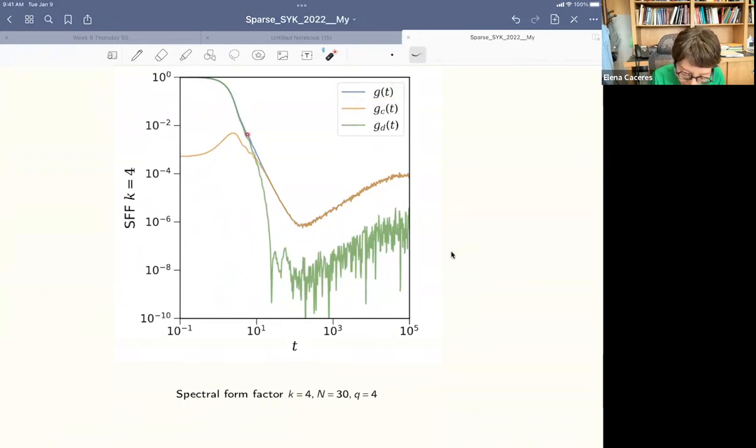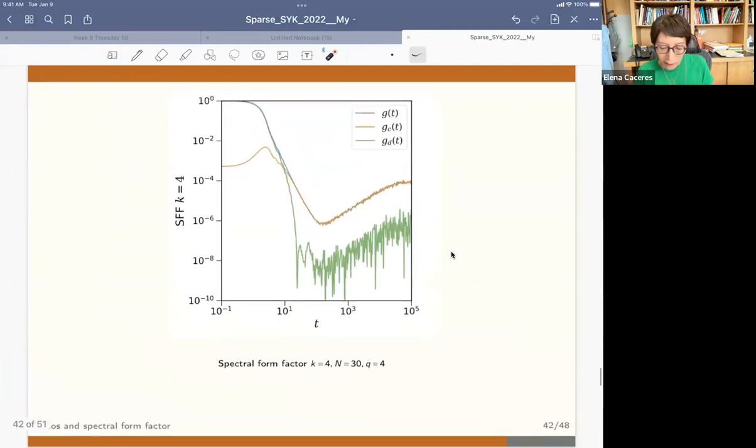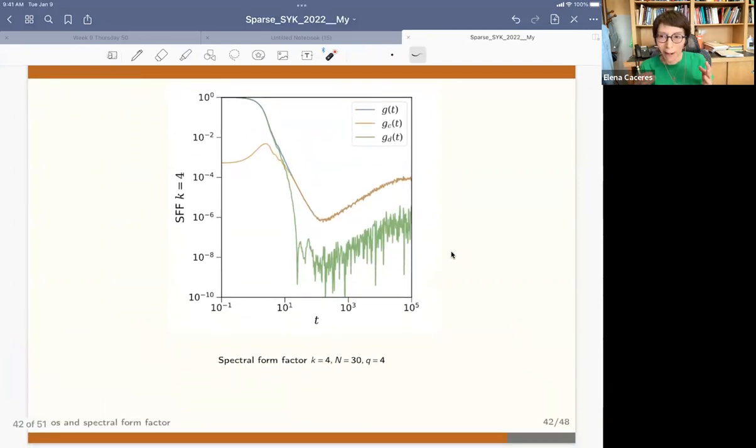It's a little bit hidden behind the orange, because at the beginning it follows this part, then you have it here, but that's essentially the same effect as before. And this is for k equal 30, q equal 4. So you can see that there's this new effect